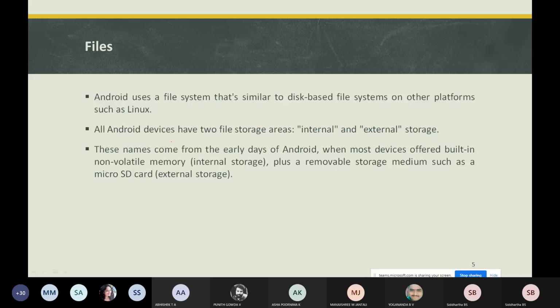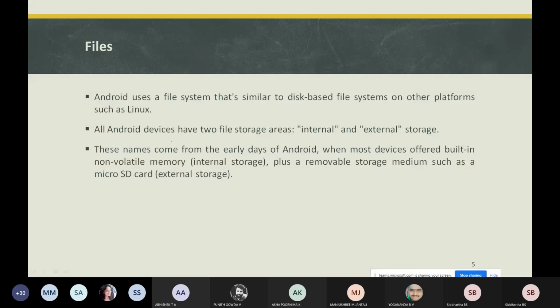Some devices divide the permanent storage into two portions, that is internal and external portions. As I said, whatever storage comes within the Android device is one storage, a permanent storage. That permanent storage space is divided into two portions, internal and external, and this is apart from the removable storage medium. So there are always two storage pieces, and the API behavior is the same whether the external storage is removable or not.